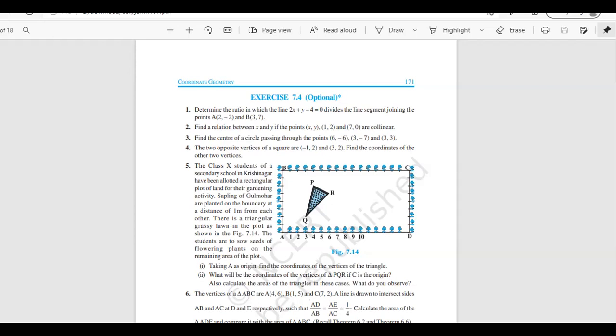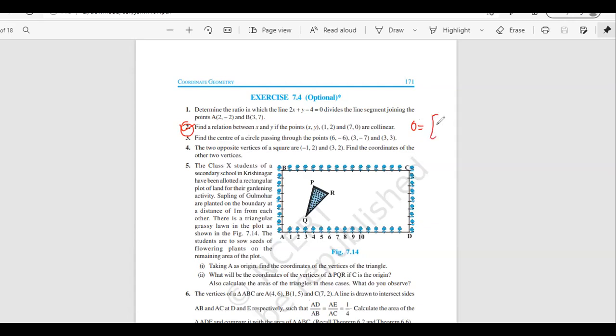So in this question, what you need to do is use the area of a triangle. You know that if the 3 points are collinear, then the area of the triangle is 0. So please first do this question 2, and then we shall proceed to question number 1. I'm going to write the formula for you here. If the 3 points are collinear, then 0 is equal to half, and the half will get cancelled out.